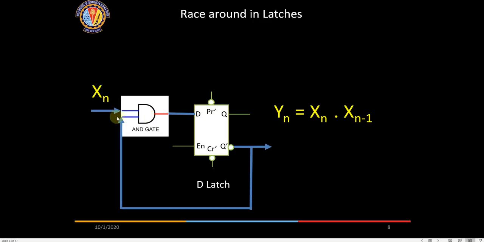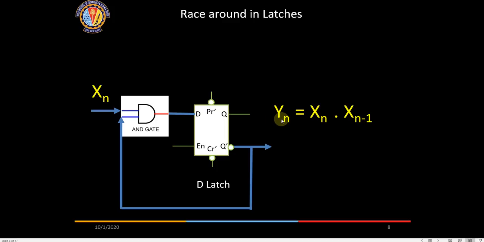So why do we have to have that edge triggered? Just take a sample circuit here. It is xn. Assume initially it is 0, so you have 1 here, so that 1 is given to the AND gate. We want an output which is xn into x n minus 1. We have taken an output from here, from in between the output of the AND gate. This is the function we want to realize.